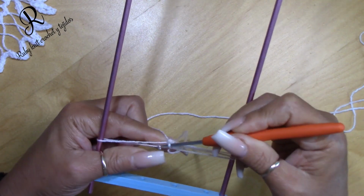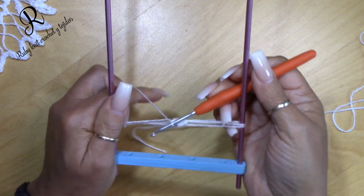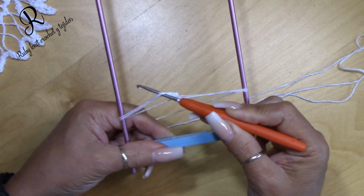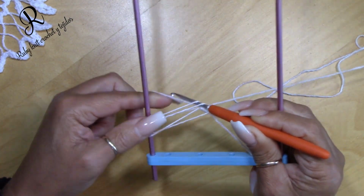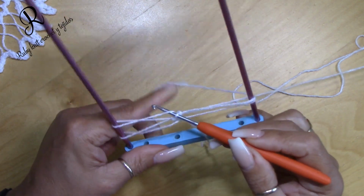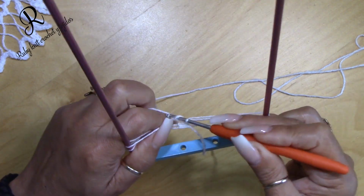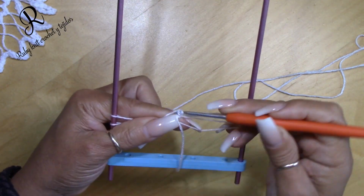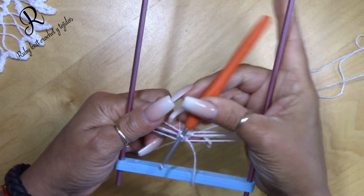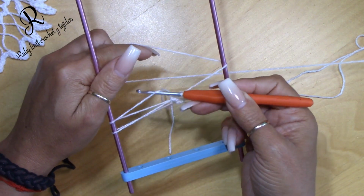1, 2, and 3 single crochet. Hook to the back, flip from right to left, wrap the strand around the back, open these 2, separate them, and you look here, you have the bottom leg and the top leg of the strand, and you go to the top, and you're gonna do 1, 2, and 3 single crochet. Hook to the back, flip your loom from right to left, wrap the yarn to the back, grab the top strand from this one,